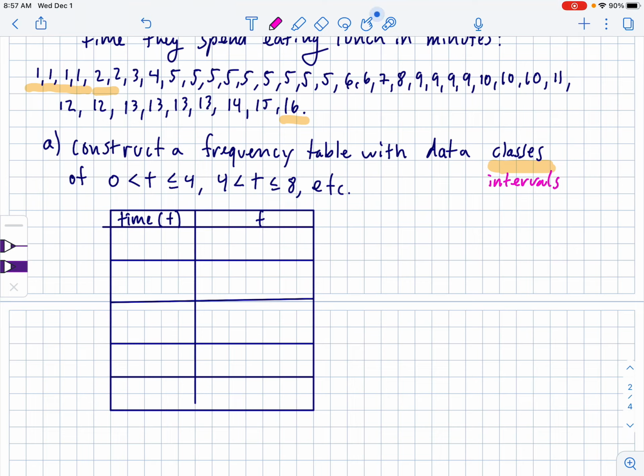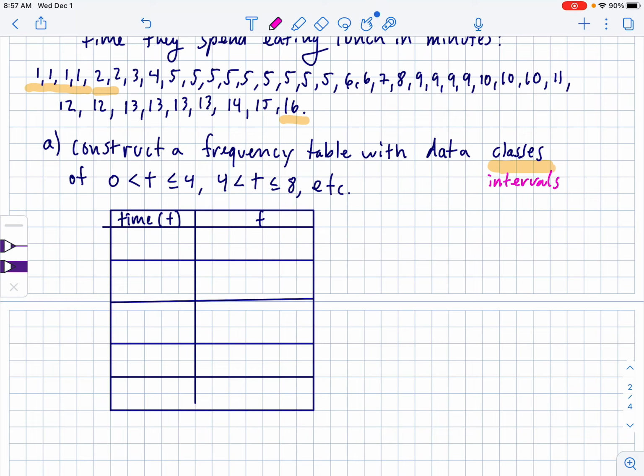The reason that they want to use class intervals with this data is that if you look at it, yes, there's repeats, but it's very spread out. There's a lot of numbers. If we were to do a frequency table, it would be very tall, very long, because you'd have to do 1, 2, 3, 4, 5, 6, 7, 8, 9, 10, 11, 12, 13, 14, 15, 16 data pieces, which in general, frequency tables you want to have them kind of nice, like 4 to 9 intervals,